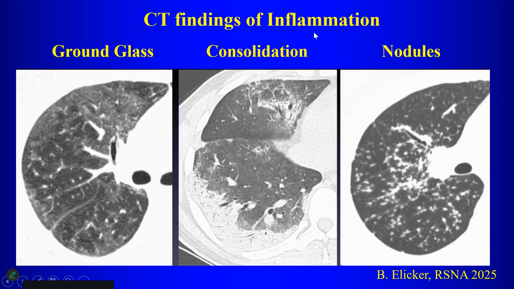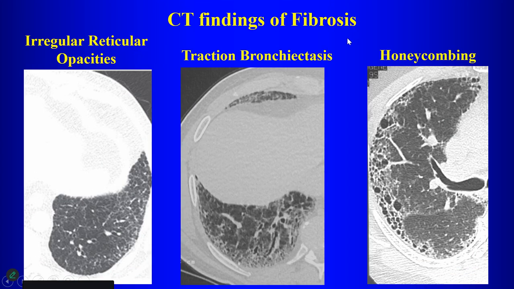What are CT findings of inflammation? Ground glass. That's a finding associated with inflammation. Consolidation, right? Those are findings associated with inflammation. Nodules. Here you have a nice distribution of nodules in this patient, right? What do we think this patient might have? Sarcoid, yeah. So especially perilymphatic nodules. So these are all findings associated with inflammation. So if they wanted to treat this patient, they would treat with steroids or immunosuppressives,